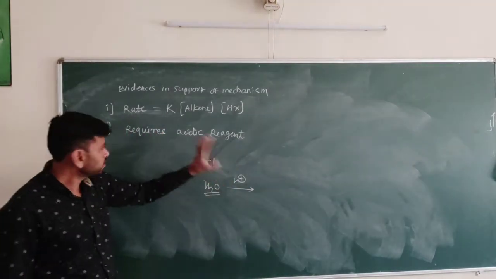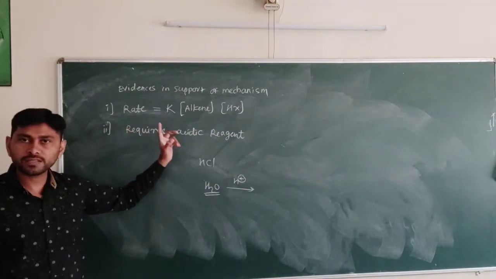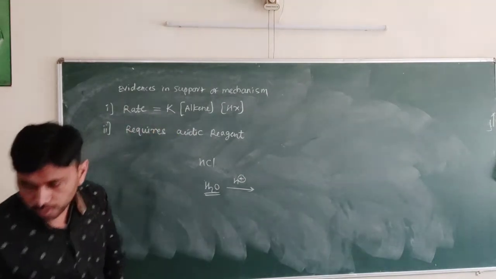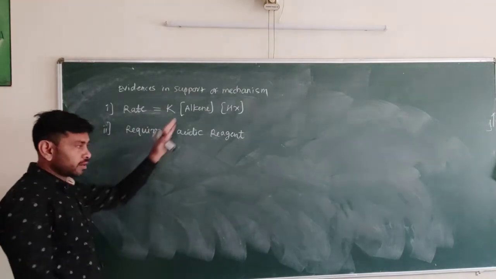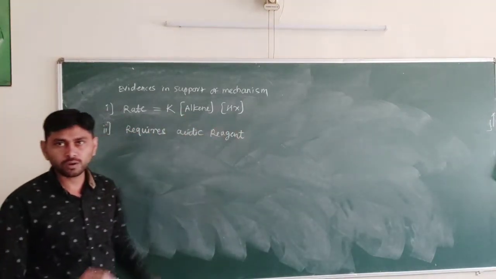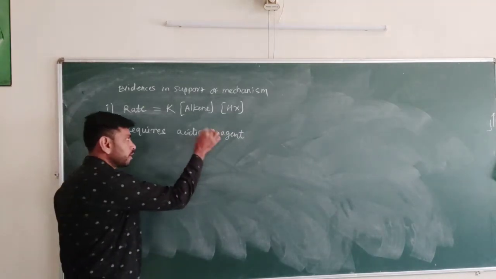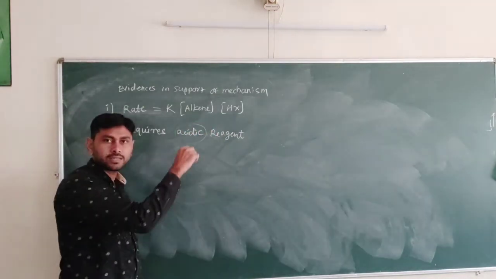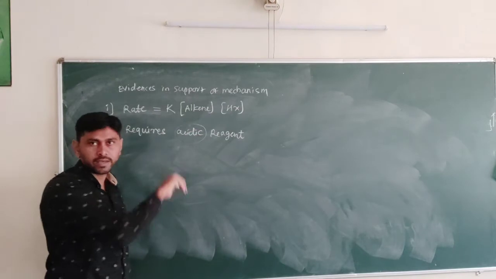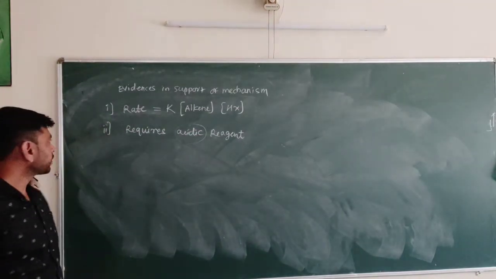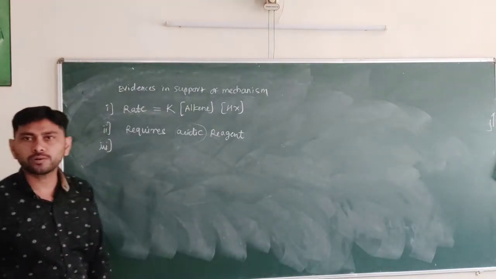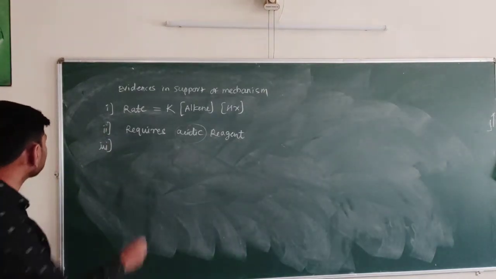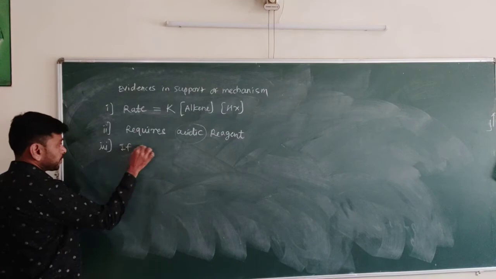This reaction requires acidic reagent to occur, because alkenes are weak bases. So alkene donates only when there is acidic condition or this proton is easily available. Third evidence in support of this mechanism is that if structure permits,